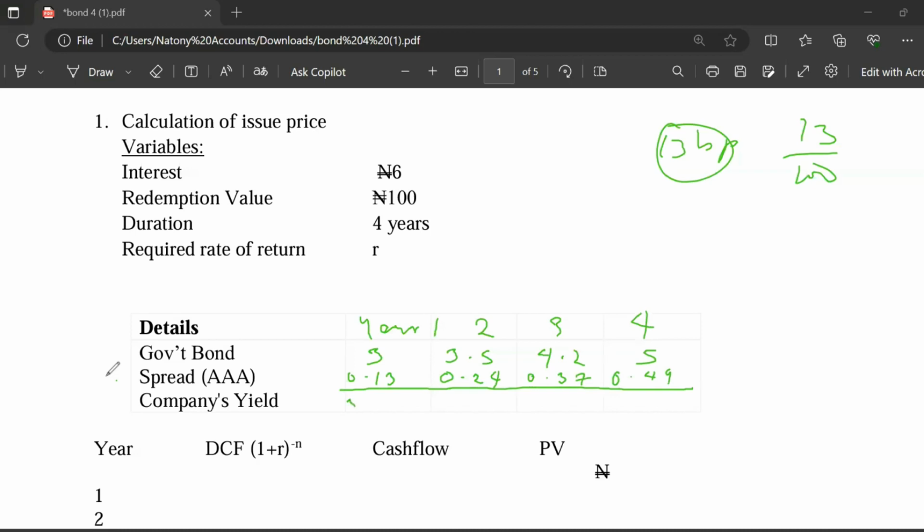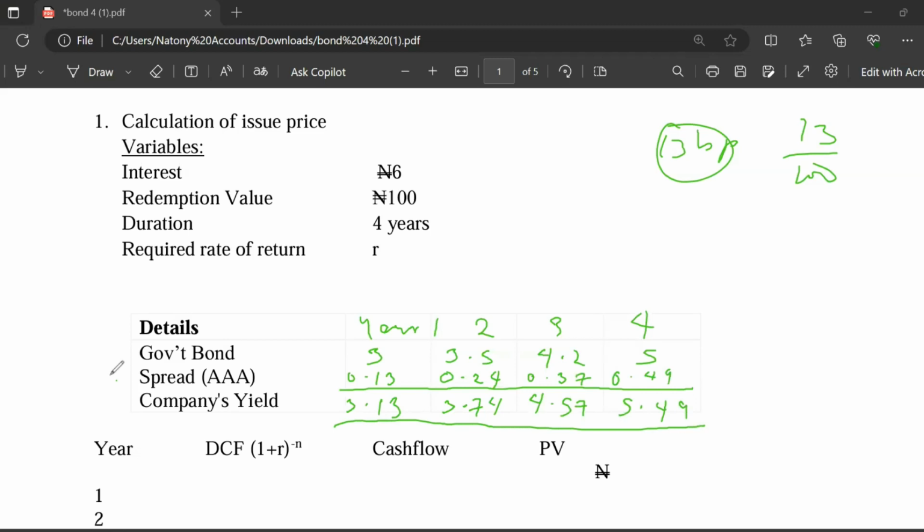Now, this gives 3.13. The second year, 3.74. The third year, 4.57, while the final year will be 5.49. This is the spot yield curve for Pathway PLC, which means the first year cash flow, the interest for